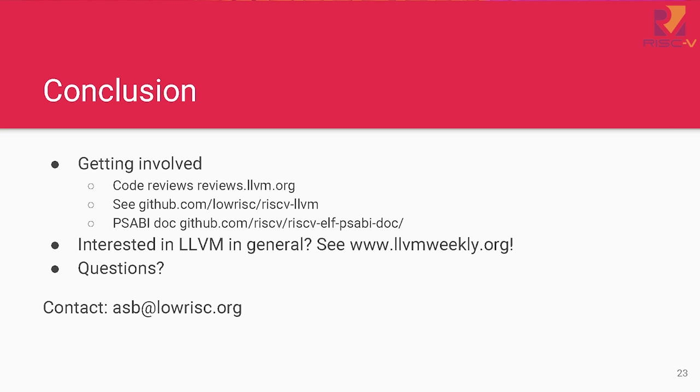One thing that I really would like to highlight is the recent effort to generate a RISC-V ELF PSABI document, which is incredibly important for LLVM, GCC, but a whole host of other low-level RISC-V software. And it could really benefit from people who have had experience with the mistakes or perhaps questionable decisions made in previous PSABI documents on other architectures. And in general, it would just be really good to flesh that out so we have a solid base. So I think with that, are there any questions?